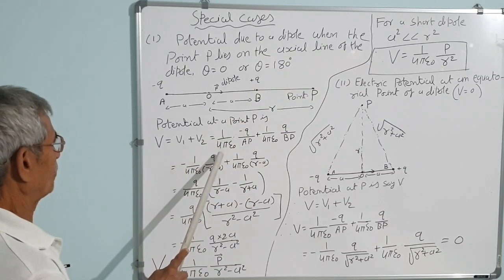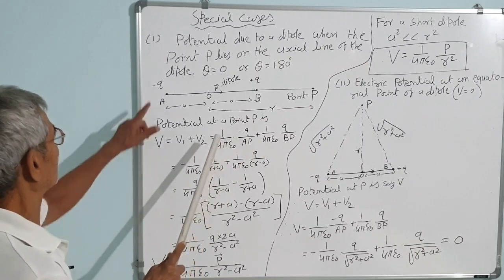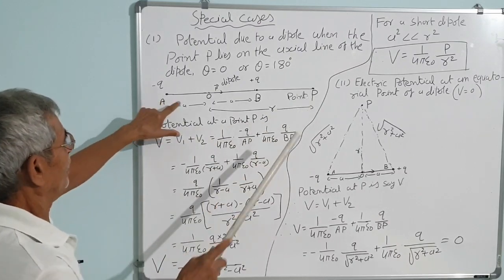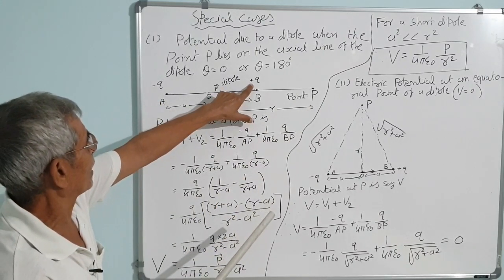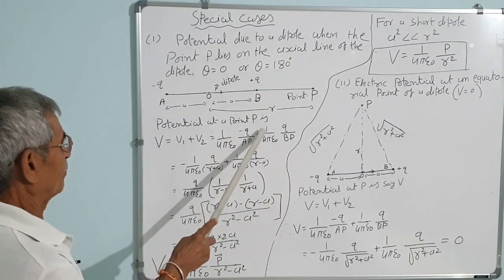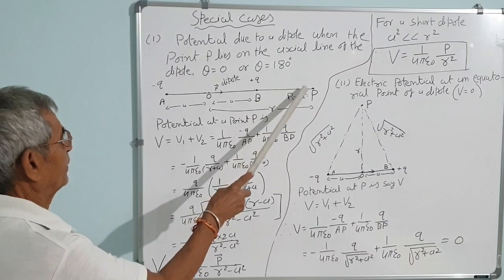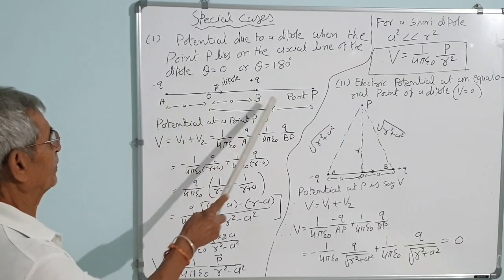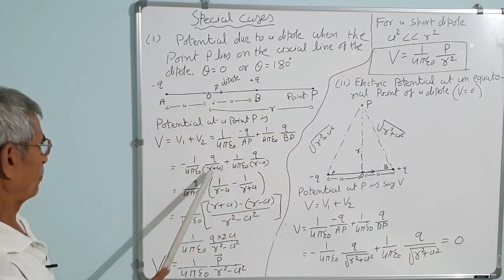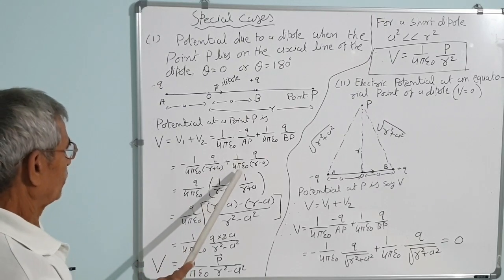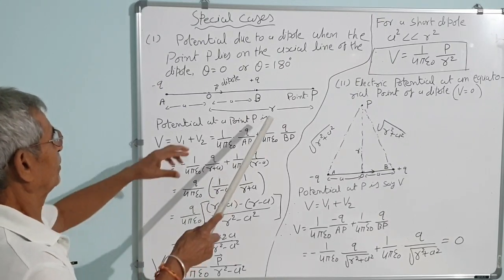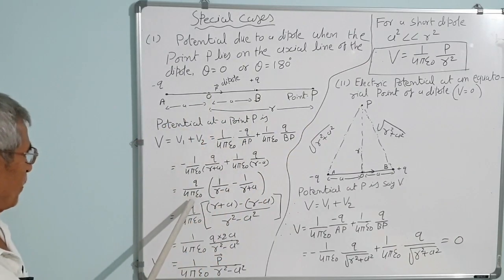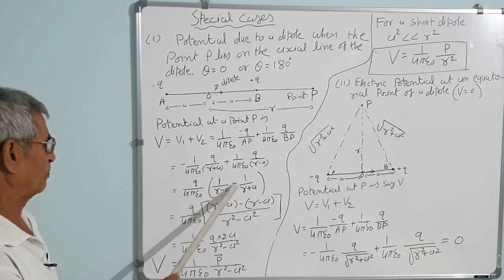V1 is equal to 1 upon 4 pi epsilon 0 minus q upon AP, that is the potential due to the minus q charge, where AP is the distance. The potential due to the plus q charge at B is 1 upon 4 pi epsilon 0 q upon BP. What is AP? AP is equal to R plus A, and BP is equal to R minus A. So V is equal to q upon 4 pi epsilon 0 into bracket 1 upon R minus A minus 1 upon R plus A,